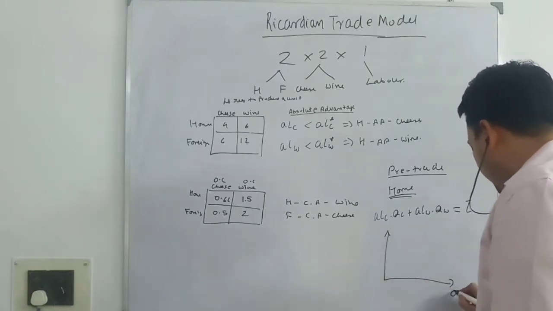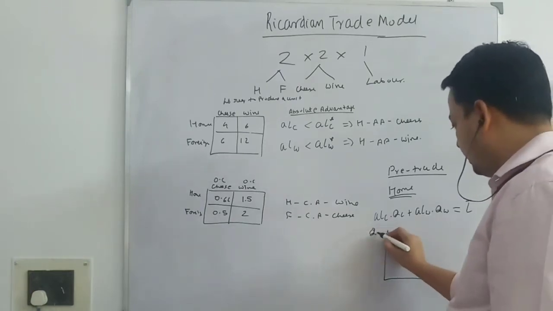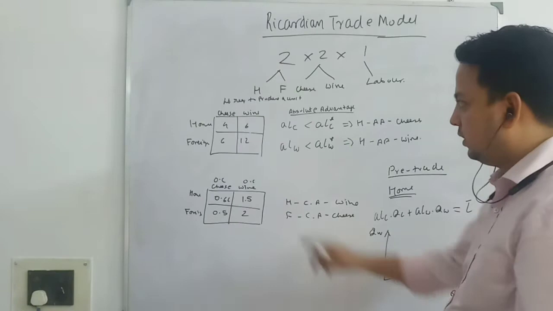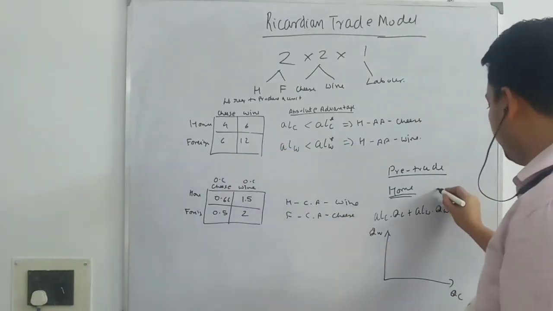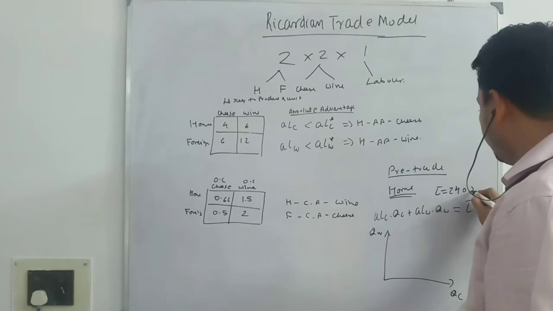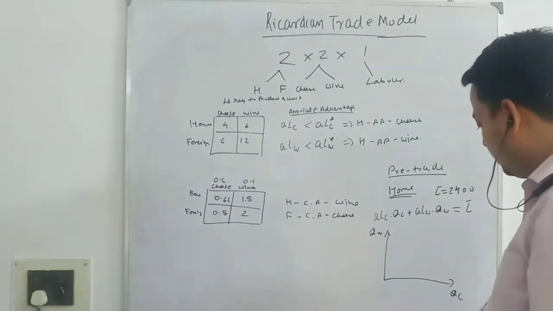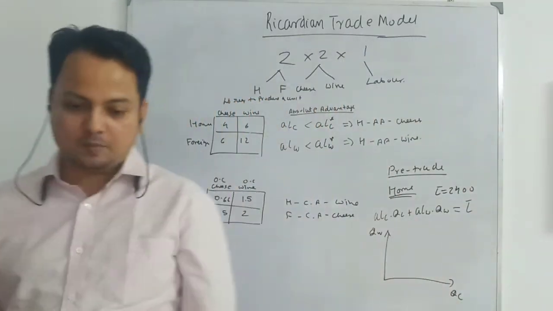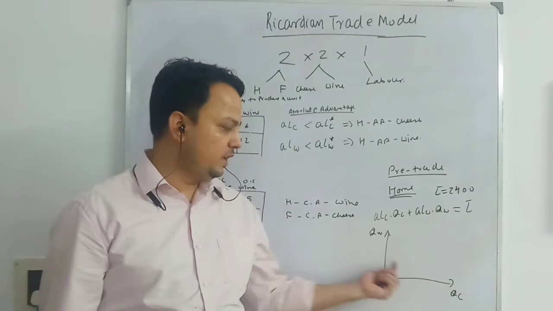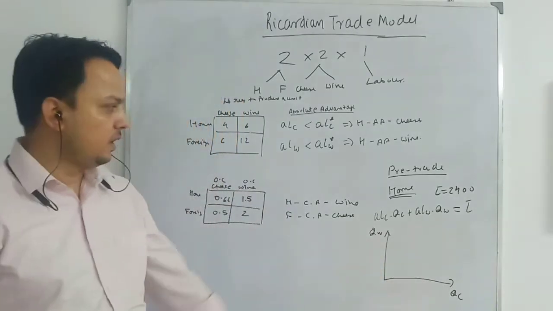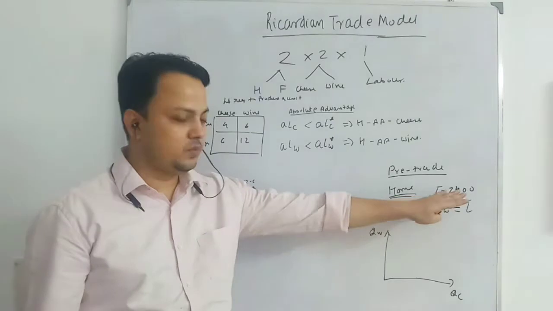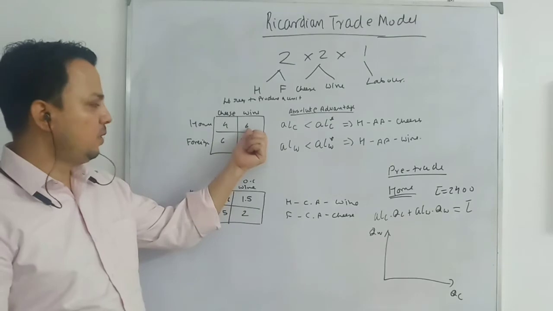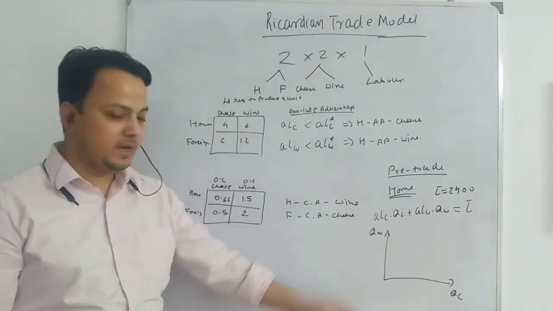What will be the intercept? Here I am writing quantity of cheese and quantity of wine, so we have to write the equation in terms of quantity of wine. You have done that. Look at this one. Let me put the labor endowment. If you remember, I gave the labor endowment for the home country as 2400. So what will be the intercept here? We have done this, but I am just asking: if the total labor endowment in the home country is 2400, the amount of labor required to produce cheese is 4, and the amount of labor required to produce wine is 6, what will be my intercept term?